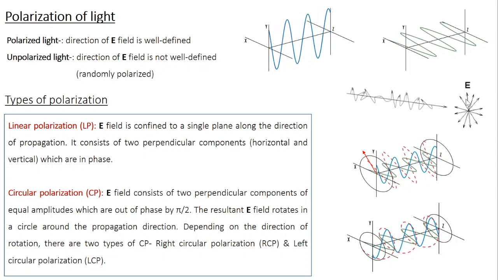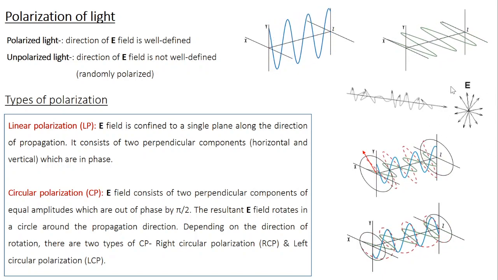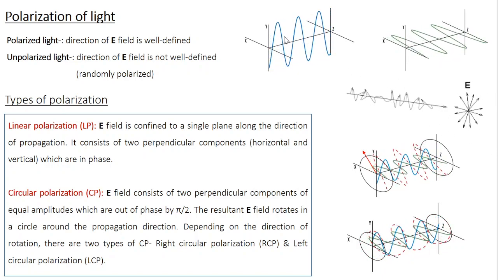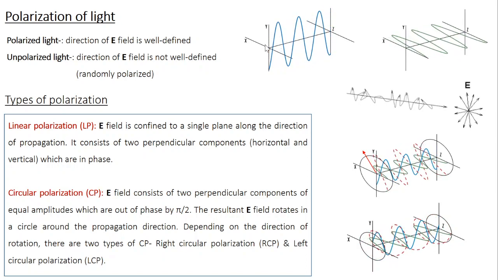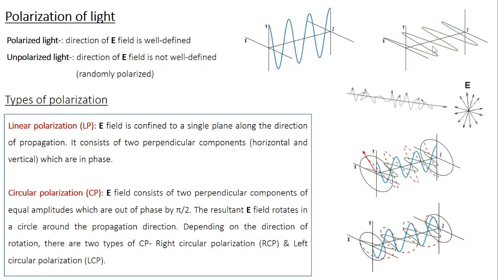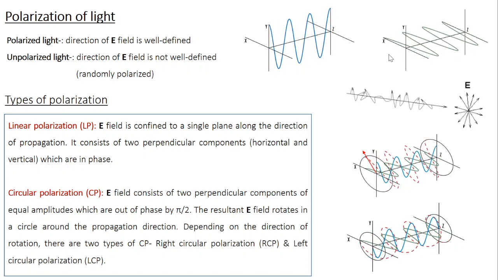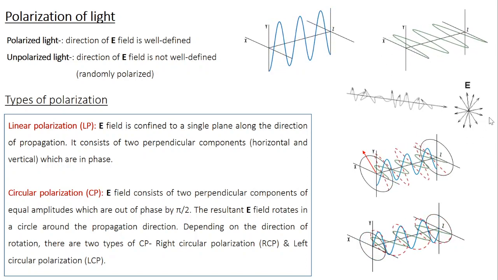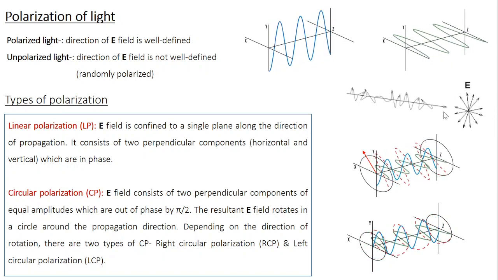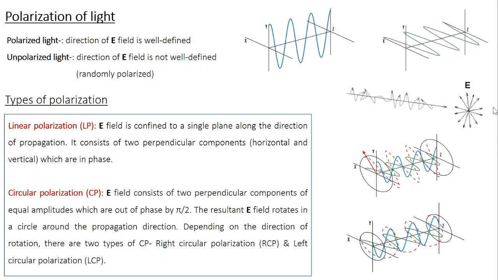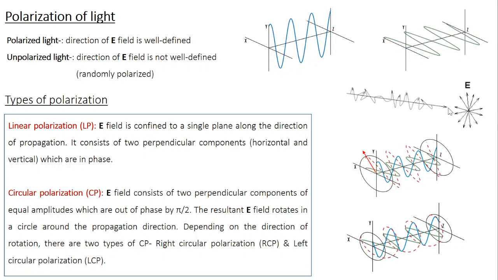This is represented by this symbol. Here the electric field is oriented in all possible directions. On the other hand, a polarized light of this sort, polarized along the vertical direction, is represented by a vertical line. Similarly, a horizontally polarized light is represented by a horizontal line. Sometimes instead of having so many lines, people just represent unpolarized light with a cross, meaning you have more than one direction of oscillation for the electric field.